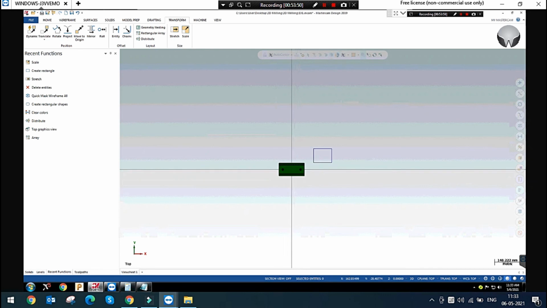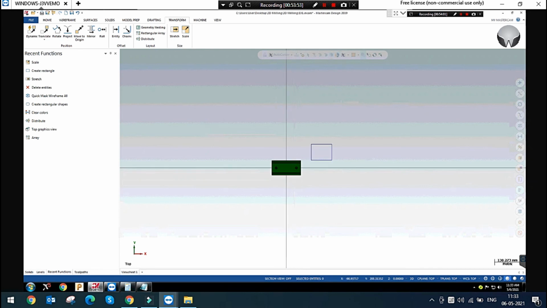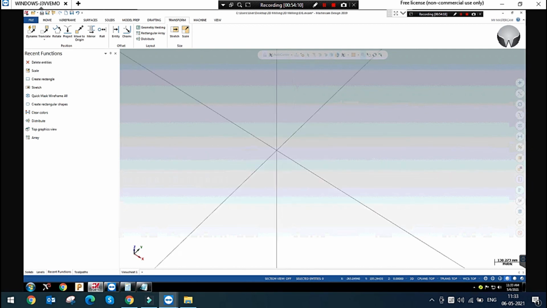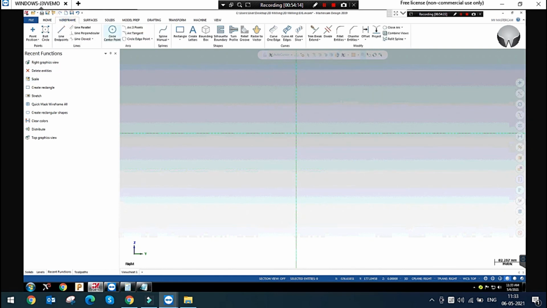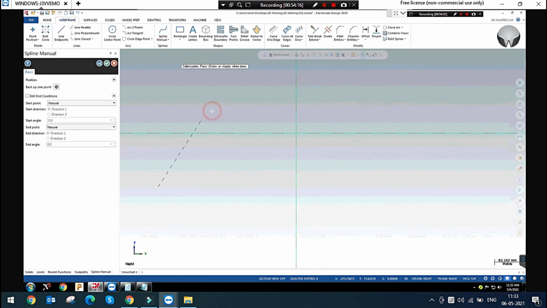Okay, brother. So these are the transform options. The commands mostly used are dynamic transform, translate to plane, rotate option, and move to origin option. I skipped one option, project. Please wait. What is project? Let me define it.